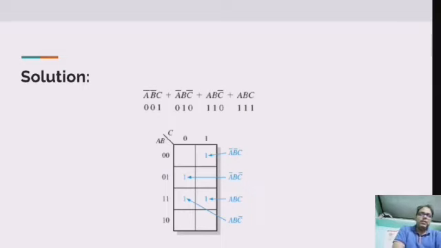The binary values come out as 001 for A bar B bar C, 010 for A bar B C bar and so on, 111 for ABC. We can accordingly map all these product terms into the corresponding cells of the K-map as has been provided here in the diagram. See the diagram and it is easy to understand.